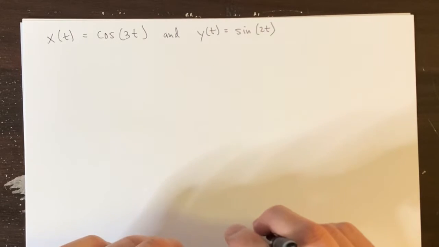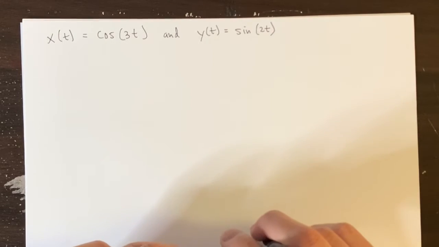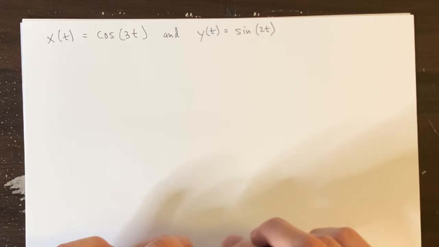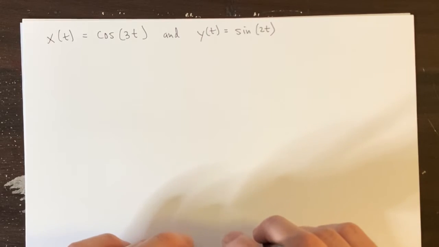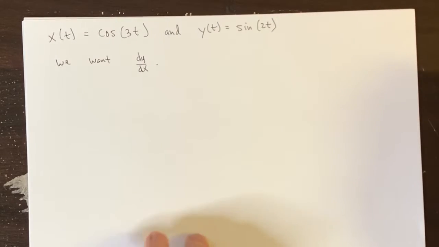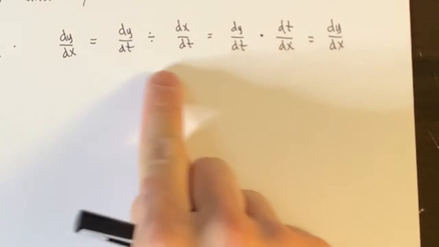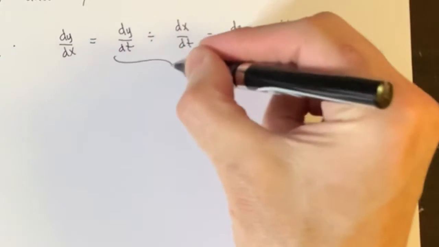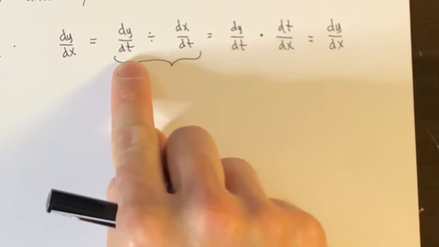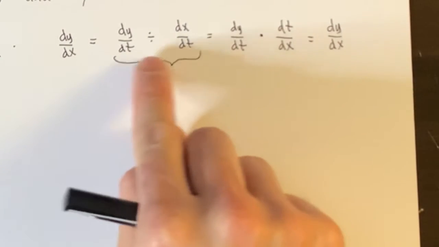So for this problem here, they want us to give them the values of t at all the critical points. But for a critical point, we need a derivative. And for a derivative, we want dy over dx. So notice that dy/dx is actually equal to dy/dt divided by dx/dt, instead of